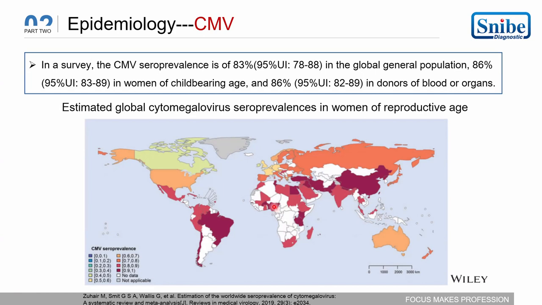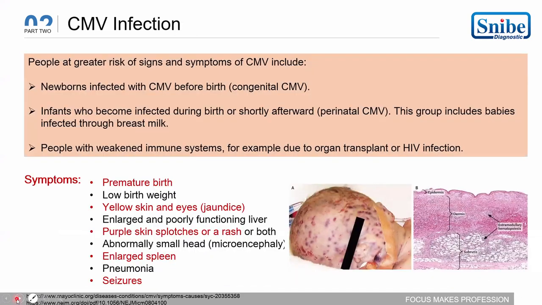Here also are African countries like Nigeria, Mali, and Ghana. So these are the countries which have estimated seroprevalence in women during their reproductive age. So, if we talk about CMV infection, the people at a greater risk of signs